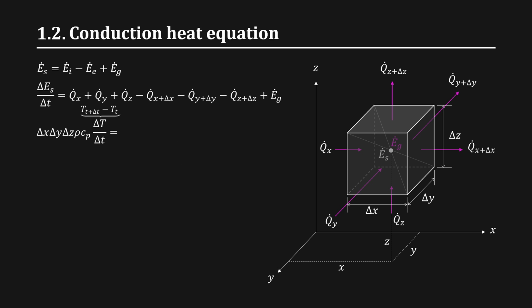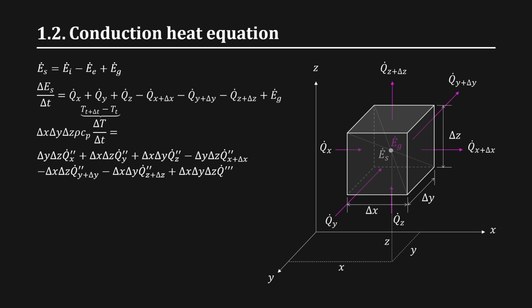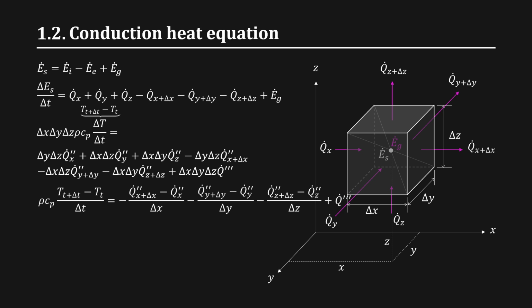Also, we have previously seen the relationship of the heat transfer rate per unit area, or what we can call heat flux for simplicity. So we can write our heat transfer rate as a product of the heat flux and the surface area, which is the cross-sectional area delta x times delta y, and so on for the other two directions. Noting that the heat source is represented here as the volumetric heat generation times the volume. Now we can rewrite this equation by dividing both sides by the finite increments and rearranging the terms.